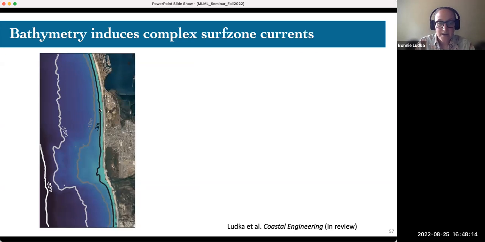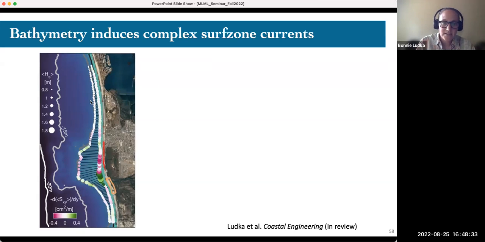Well, here at Imperial Beach, if you look farther offshore, I'm showing the bathymetry out to about 20 meters depth. There is a feature we're calling a relic shoal. It's mostly made of cobble, and it actually goes even farther offshore than this. What we can see is, here I've plotted that proxy for the alongshore gradient of currents, and you can see that that shoal really creates these strong alongshore gradients in currents